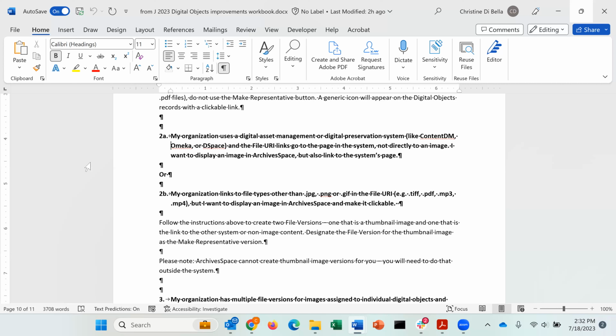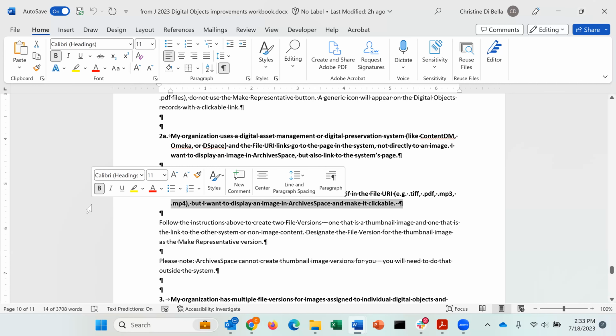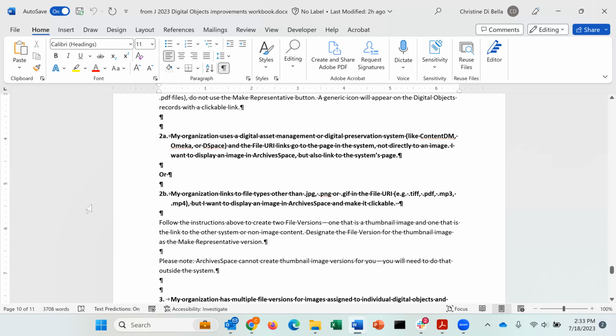Or my organization links to file types other than the file types that we've been mentioning in this presentation. Things like a PDF or an MP3 or an MP4 video file. But I want to display an image in ArchivesSpace and I want to make it clickable. So, this is the use case that is a little bit different than the first one that Jessica mentioned, in terms of that the stuff is stored somewhere else,